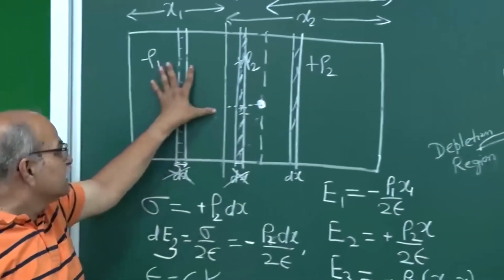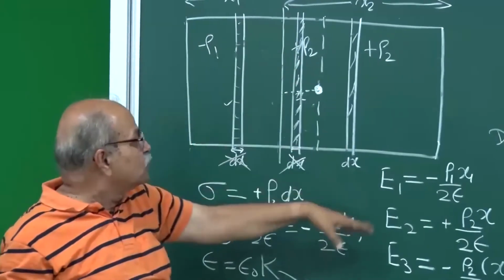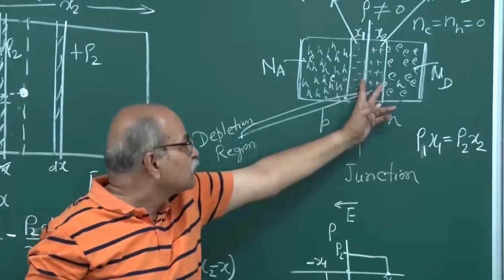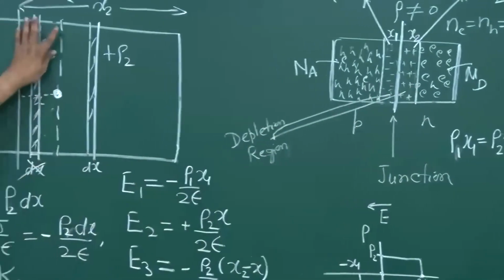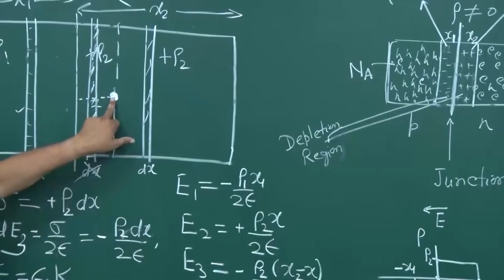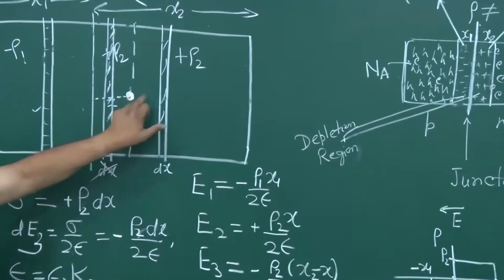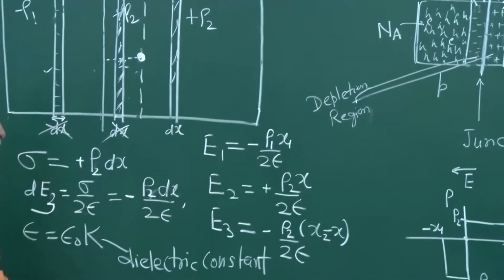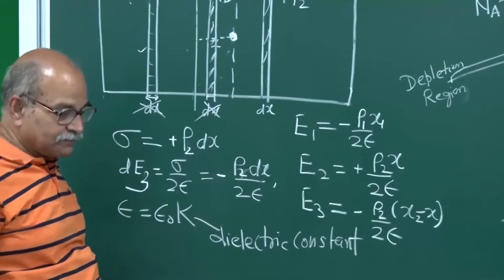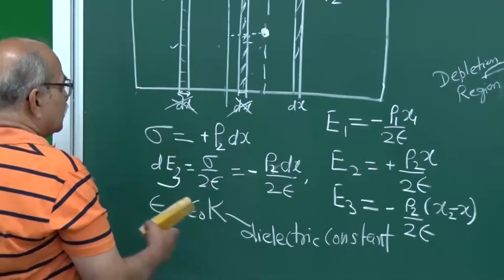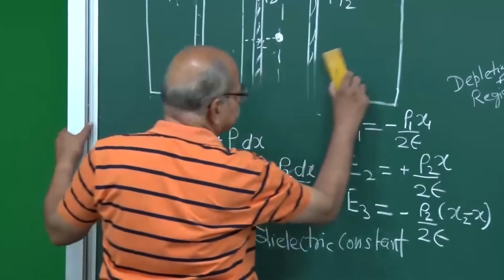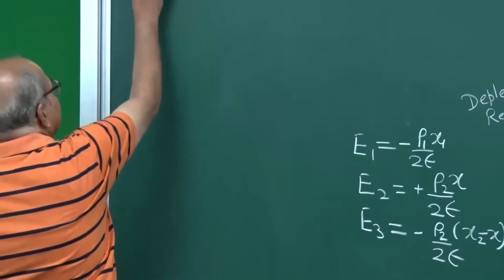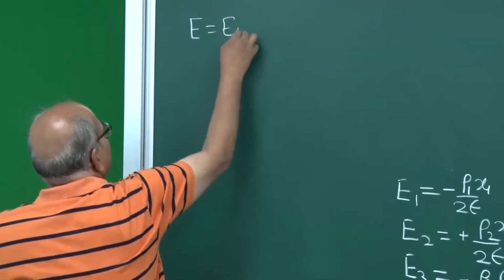Because of this, on the other side, E2 is from the other side of the depletion region, but only from the part which is left of the point where I am calculating the electric field, and E3 is the electric field due to the rest of the system. So this is the thing. Now you calculate what is the total. So the total electric field will be E1 plus E2 plus E3,